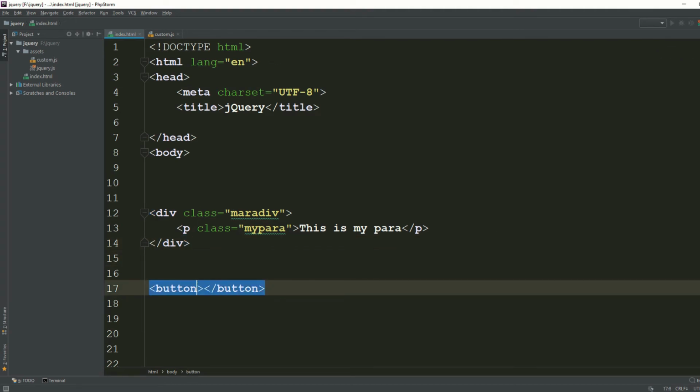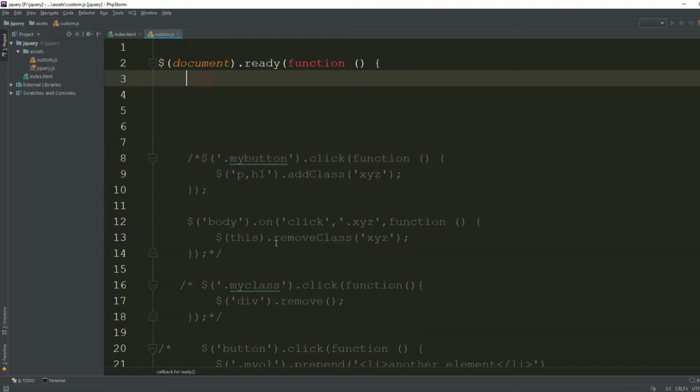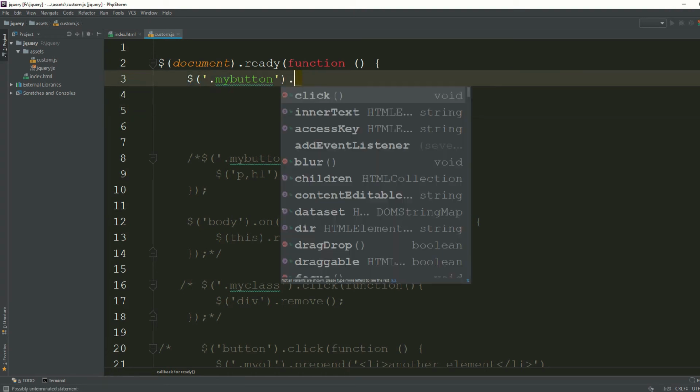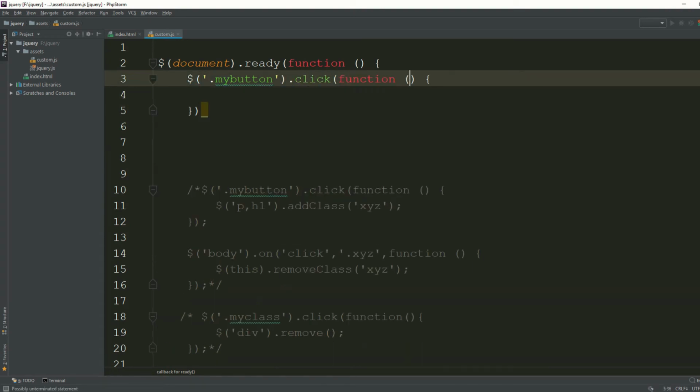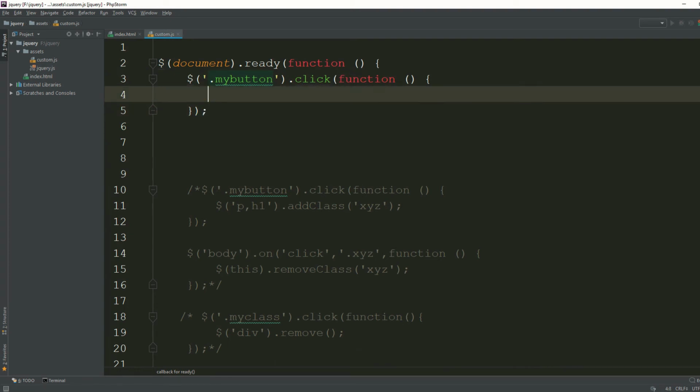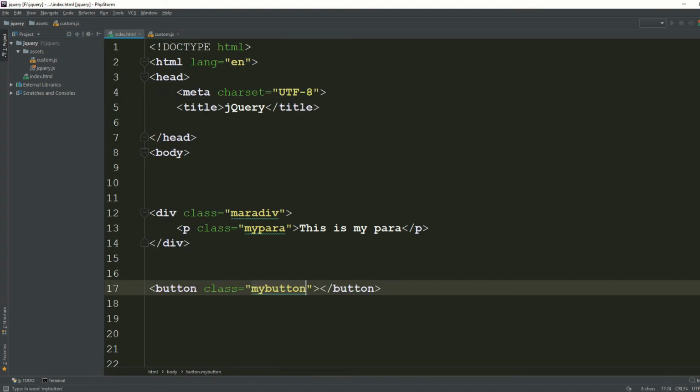we are creating a selector. So how can you create? I'm saying my button. Copy this bad boy. Go to your custom.js file. Create a selector. Whenever someone clicks on this button, make sure to remove this line. Click. Okay, create the function, add the semicolon, and now I'm saying that whenever someone clicks on this button, I'm saying